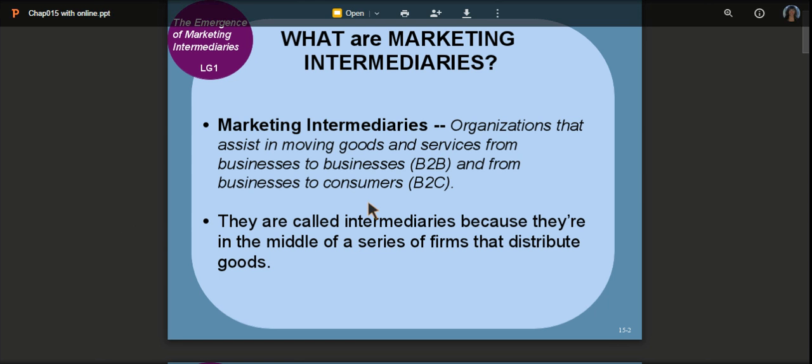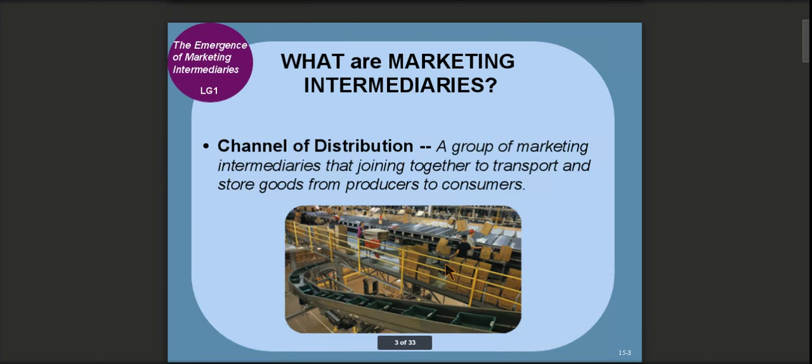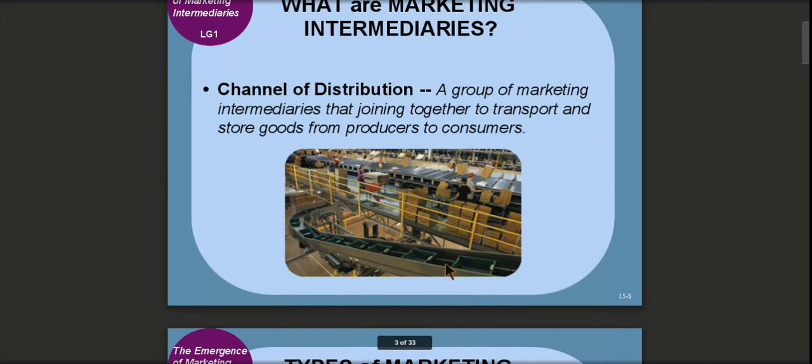Okay, so what are marketing intermediaries, right? They're in the middle of the series, right? They could be someone that picks up all the eggs from a farmer and brings them to your local Food Lion or Harris Teeter or Walmart or Kroger or wherever you buy eggs, right? So a channel of distribution is a group of intermediaries that work together to transport and store goods from producers to consumers,